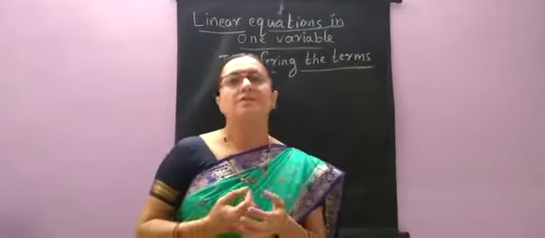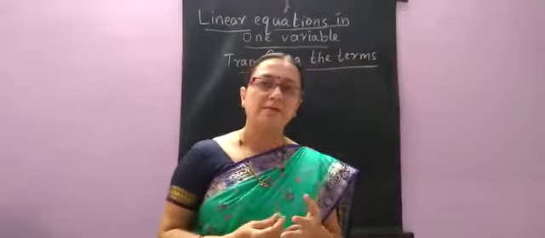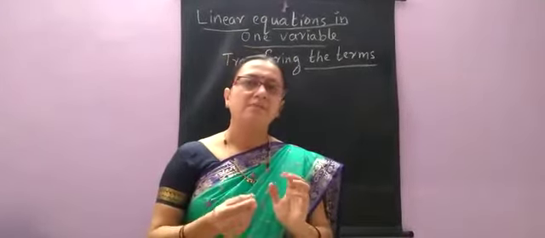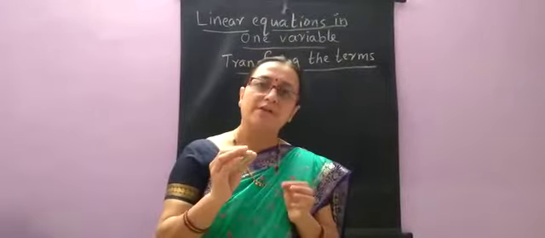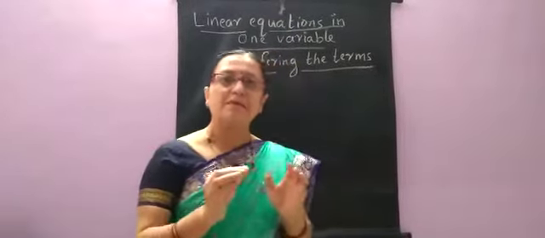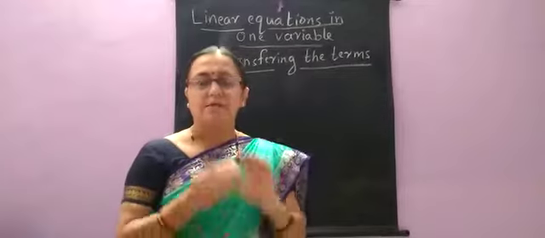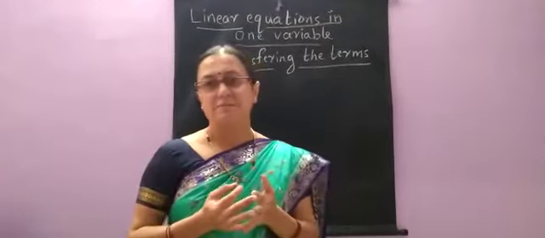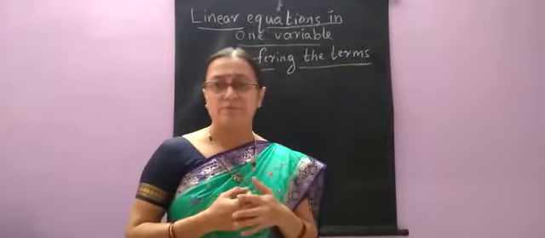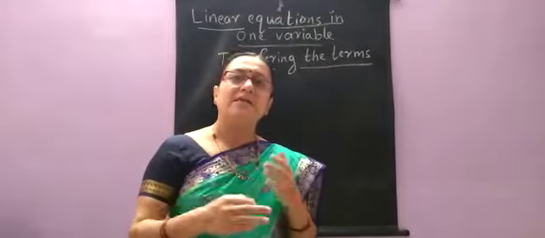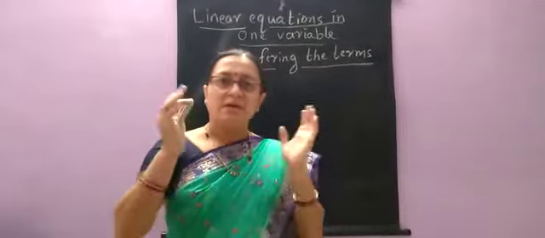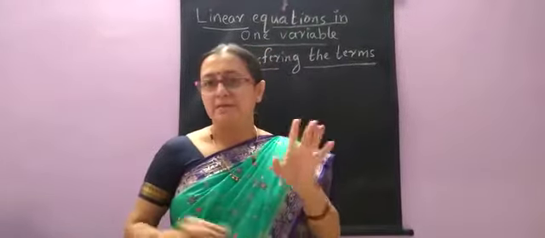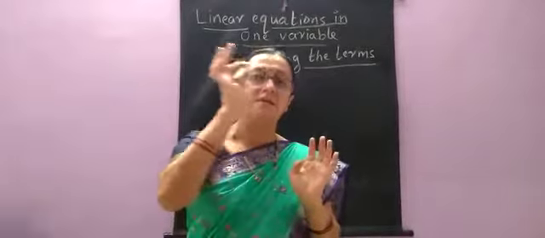How can we solve these equations? Solving an equation means finding the value of the unknown term. Whichever term is a variable, find the value for that variable. That itself is nothing but solving the equations. There are many methods of solving equations. One way is balancing them, another way is substituting the values, and one more way is transferring the terms. So let us not get confused between the different ways. We will follow only one method in this whole chapter, that is transferring the terms.